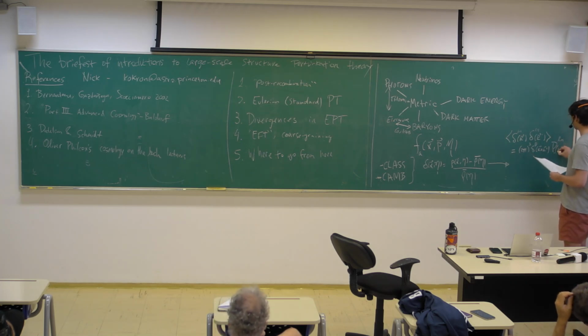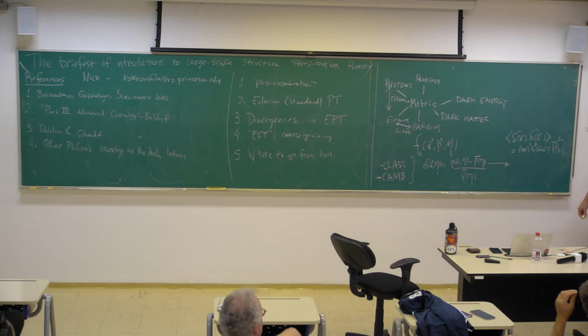P linear of k. So when you say initial, it will be any time before recombination, basically. Even at recombination, so what this code gives you is the evolution through all of time, even after recombination, but then it gets simpler. But what we're going to see is that when I try to write down the theory for these fluctuations post-recombination, I will always have as a building block the linear solution, which is this power spectrum here. So this function